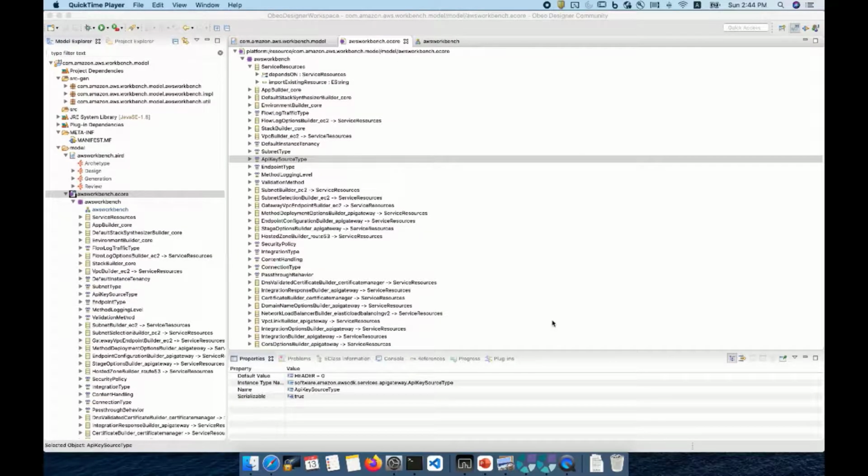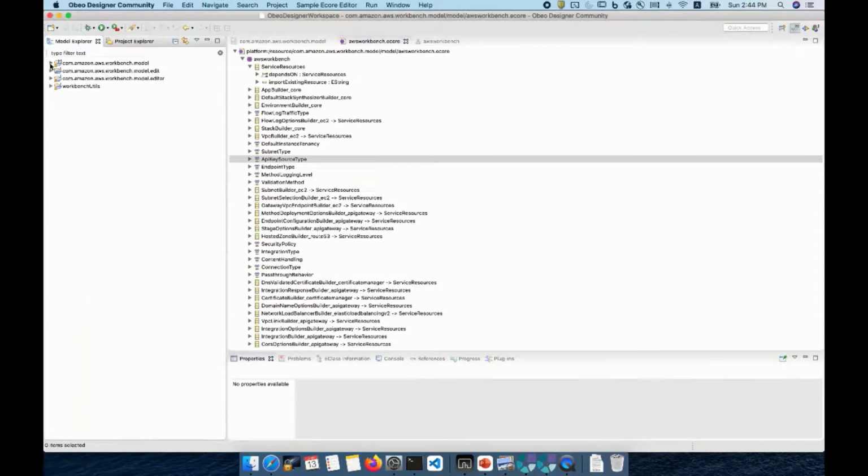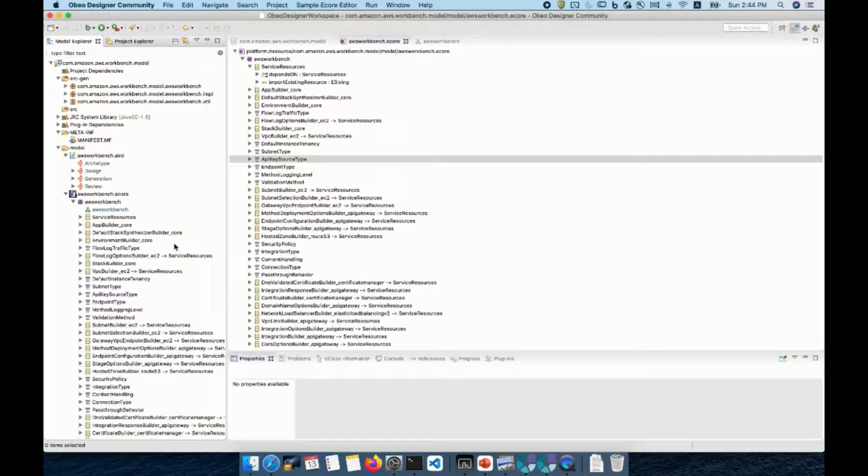Hello, welcome to this demo of the AWS Workbench. What you see here is first the way I have developed the model, the edit, and the editor. One of the main tasks for developing the AWS Workbench had been to first convert the AWS jar files, which have all the classes and the properties of defining the AWS infrastructure, into an eCore model. For that, I have used an eCore model extraction tool, which reads the Java files and then generates the appropriate eCore